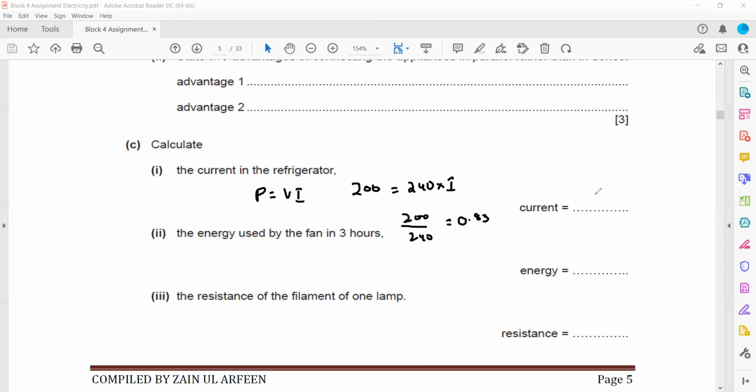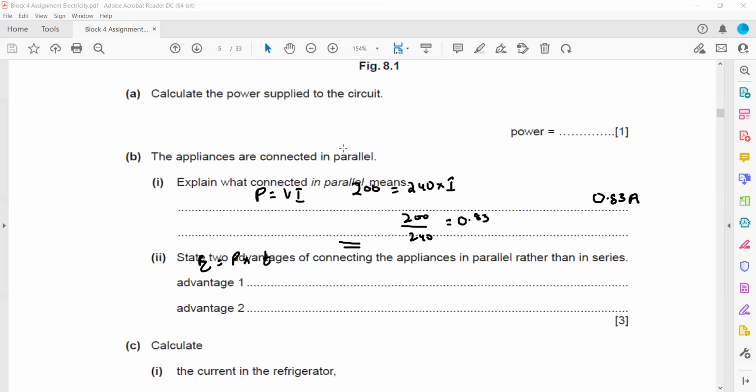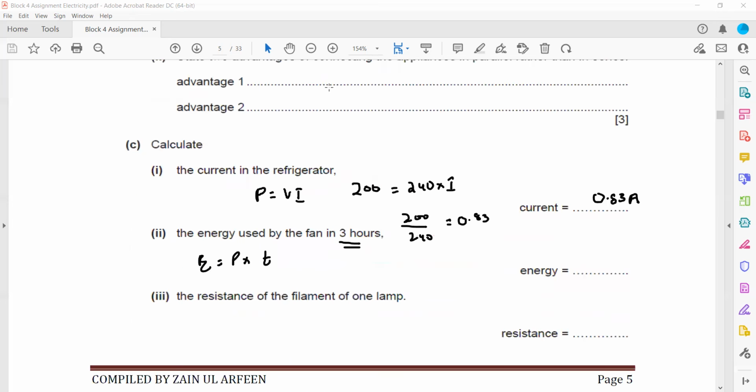So the current in the refrigerator is 0.83 ampere. The energy used by the fan in 3 hours. So energy is power multiplied by time. The power of the fan is given in the question: the fan is 1.2 kilowatt, which means 1200 watt,